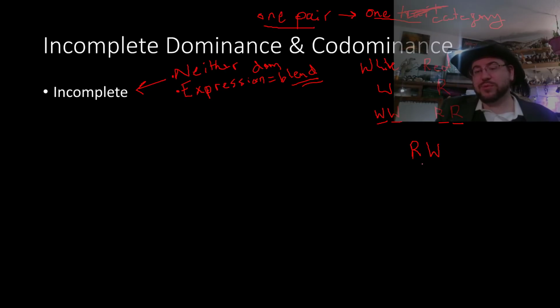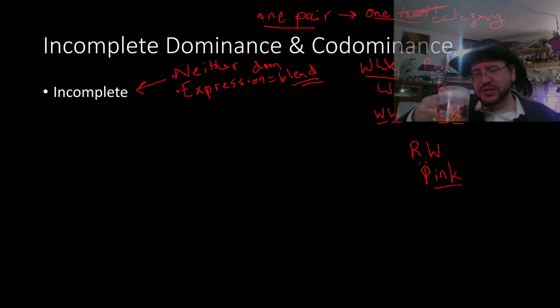If this were dominance, they would be either red or white. This is incomplete dominance, which means neither of these are dominant over each other, and importantly, they are a blend. So when you blend red and white, you get pink. So with these particular snapdragons that you buy from the grocery store, the pink snapdragons are heterozygous for the red and white allele. There are snapdragons of multiple different colors, so I don't think all colors in snapdragons are governed by these alleles. They can't be. But for these red, white, and pink snapdragons, the pink are a heterozygote. They are a blend